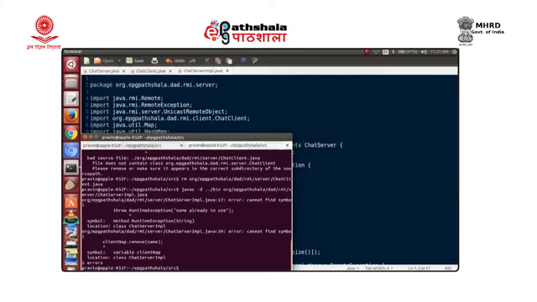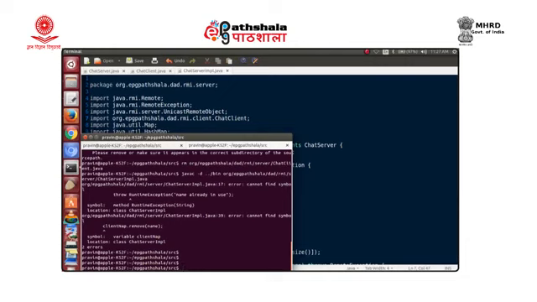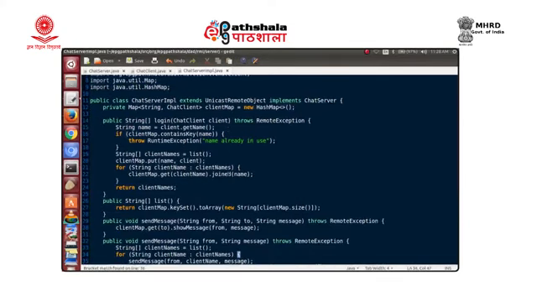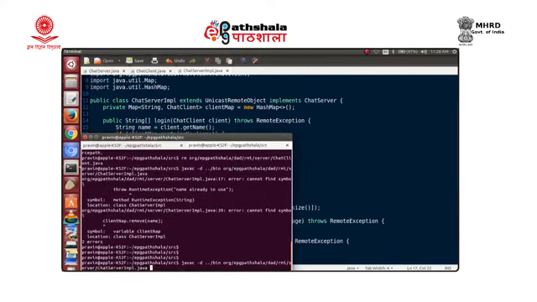We still have one error, and that is the throw new. We forgot the new. If we have a duplicate, we have to throw new runtime exception. We need to be creating, so we forgot that new.